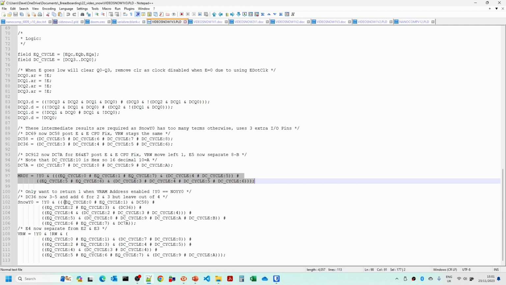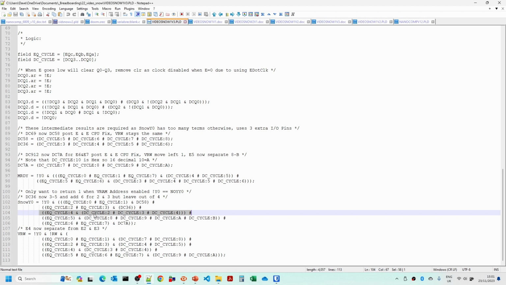These YC0 signals have changed a bit. I've had to break out cycle 0 and 1 from cycle 7, and cycle 4 is on its own, and in some cases I've actually broken out individual terms here, but all of this is still within the number of terms that the PLD supports. The reason why I had to introduce these things here is that with these broken out into the DC cycle or conditions, then it ran out of the number of terms that it could combine into one.